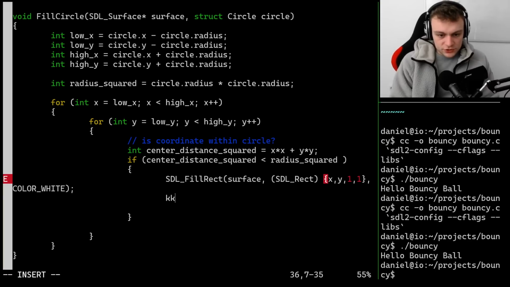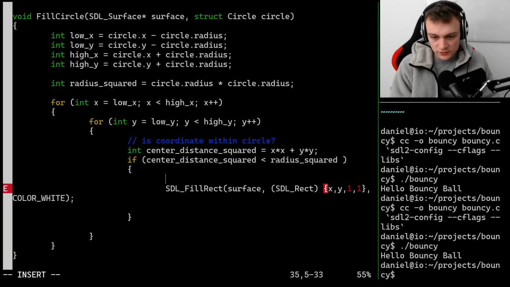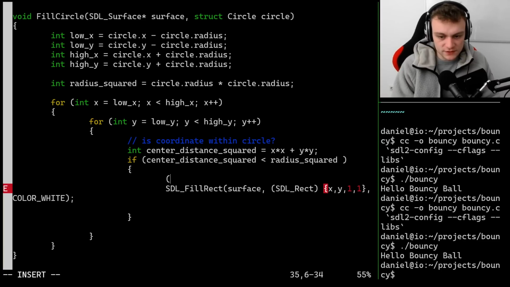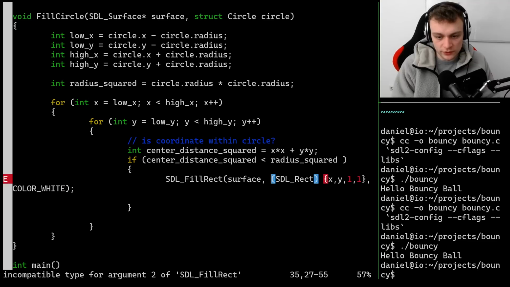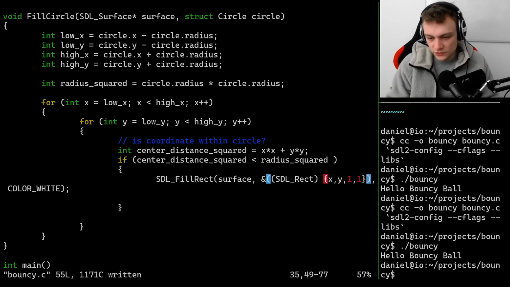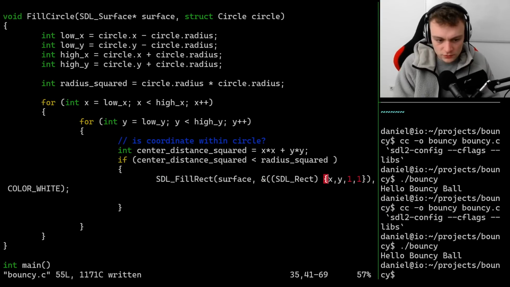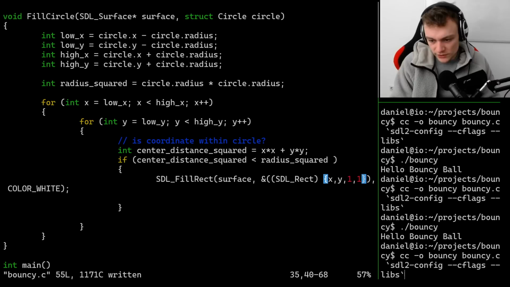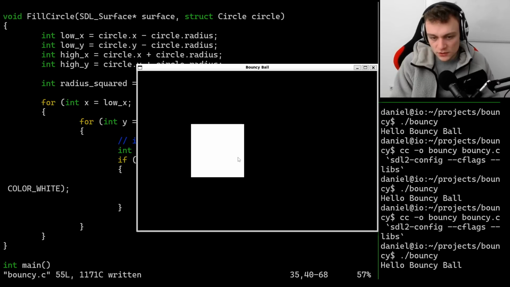Okay, so let me just create the rectangle in its own line. I have the impression that the code base or the compiler, or the linter, doesn't like that. SDL rectangle. I need to. No, I know what's going on. I need to provide the address of this rectangle. Can I just do this? Oh, this looks really horrible. But can I do it? Let's just see if this compiles. It compiles, and